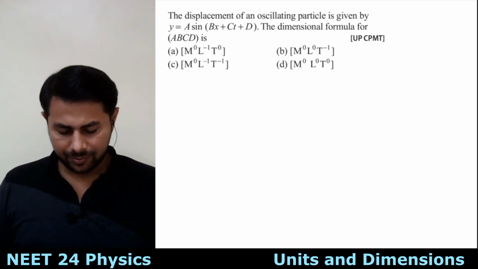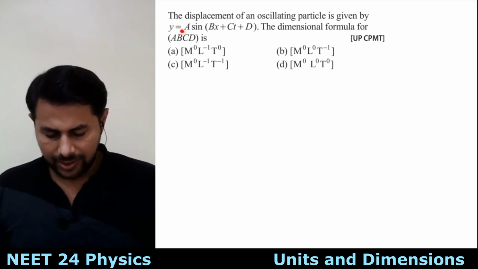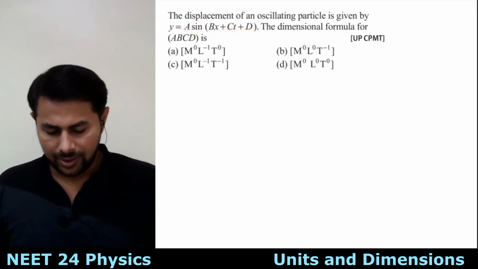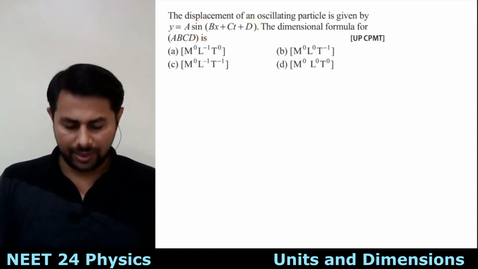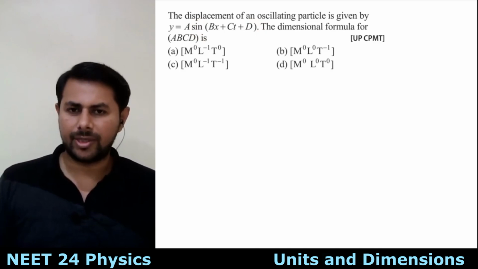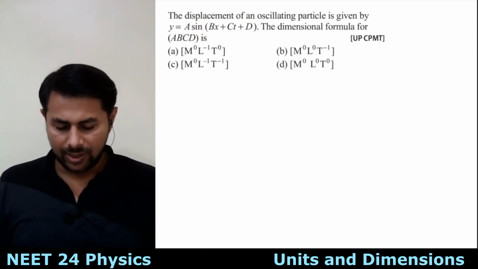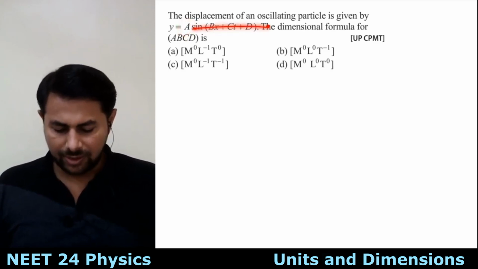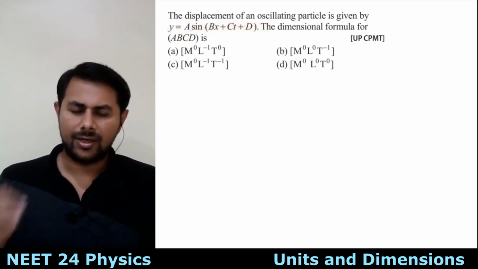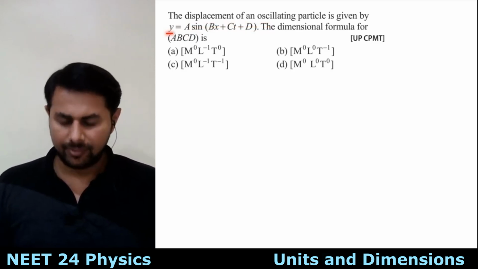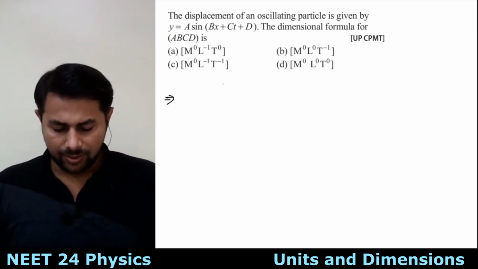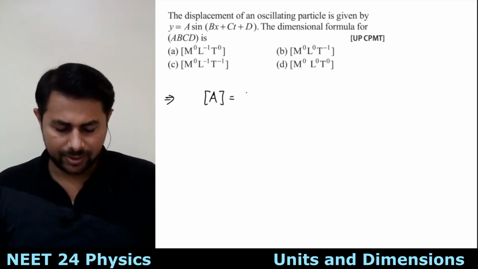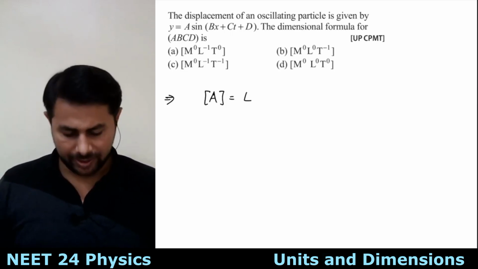Okay, so see, you have y equal to a sine of this thing. So y is the displacement, means now sine of an angle will have no dimensions. It will be just a number, so numbers don't have dimensions. Then you have a, so this thing doesn't have dimensions, that means dimensions of a are same as that of dimensions of y, right? Dimensions of a and y would be equal. So what is y? It's displacement. So a has dimensions of displacement.